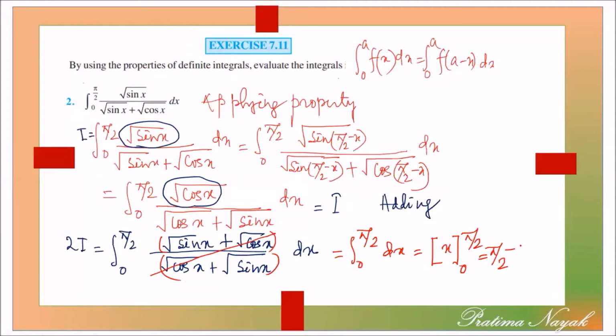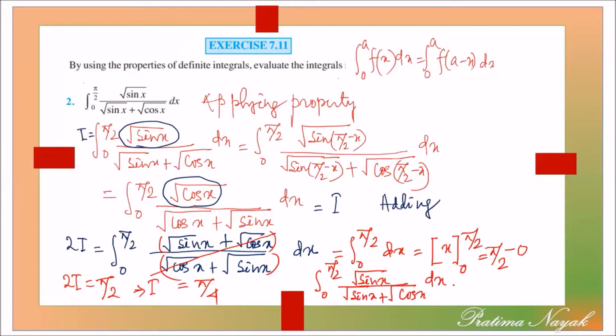Pi by 2 minus 0. So twice I is equal to pi by 2. And what is I? I is equal to pi by 4. So what is the answer of this question? Let us write the answer. The integral from 0 to pi by 2 of under root sin x upon under root sin x plus cos x is equal to